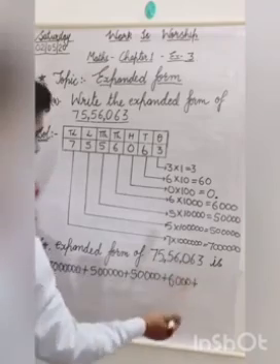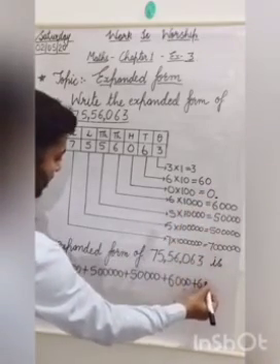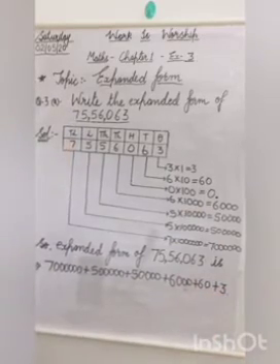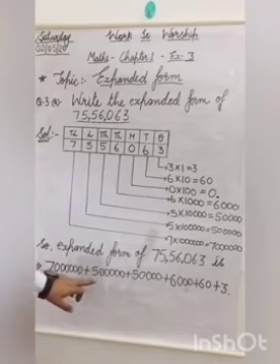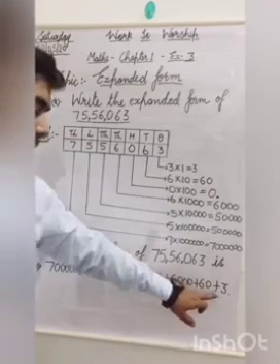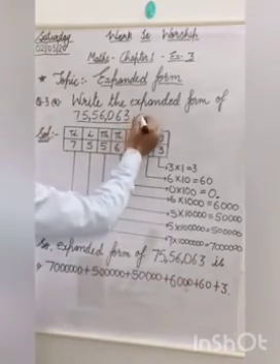So next one is 6 and the place value of this 6 is 60. Next one is 3. So here we have the expanded form of this number. 70 lakh plus 5 lakh plus 50,000 plus 6,000 plus 60 plus 3. Here we have the expanded form of this number.